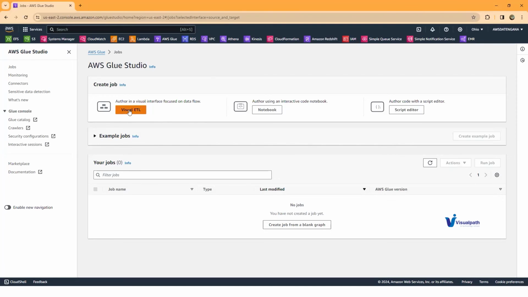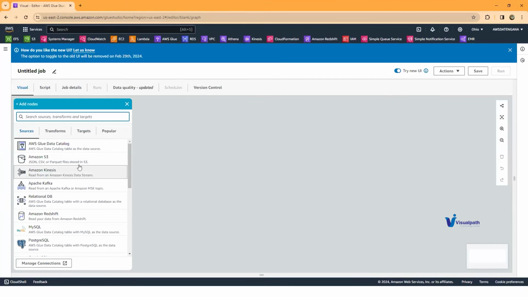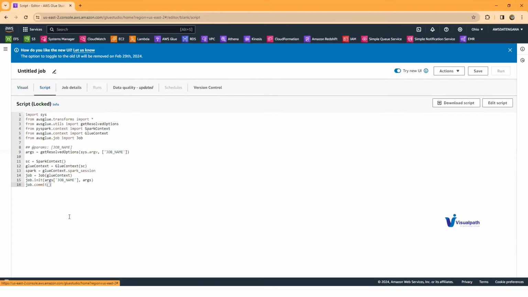You can try to create a Visual ETL here. When you create the Visual ETL, in the background the code will be written like this. You set the source, then the transformation, the target. That can be written. So you can have this script, and this is the place where the script will be written as well.